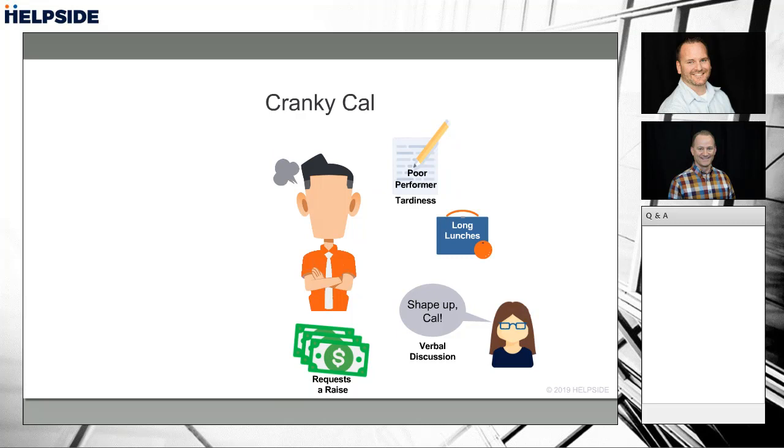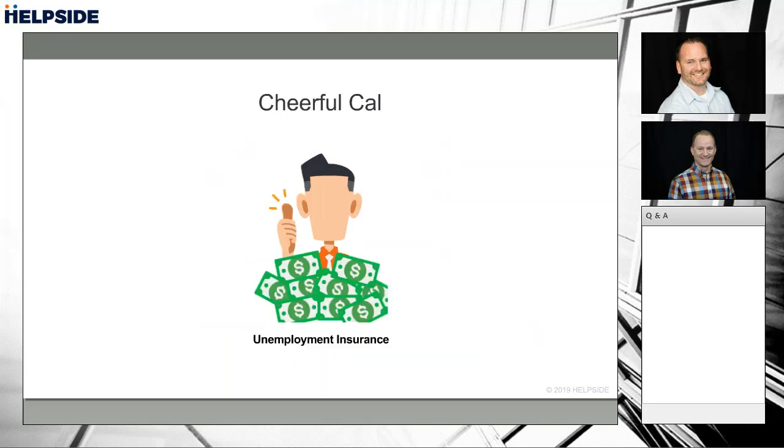After about 9 months on the job, Cal feels like it's time to ask for a raise because I've been around doing some pretty good work. Well, shock of shocks, Cal is denied that raise request, and so his performance declines, if that's even possible. After that, we finally said, you know what, this is not working out. So Cal, so long, farewell, good luck to you. Cranky Cal goes to Cheerful Cal when he applies for unemployment, and he actually gets it.